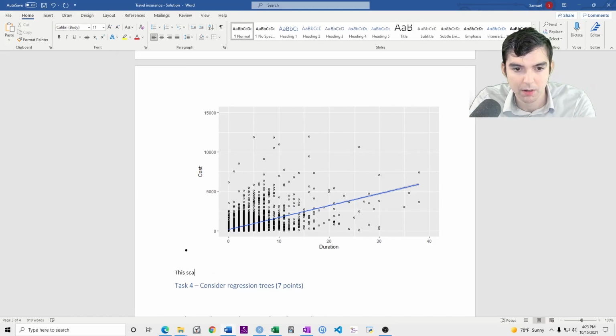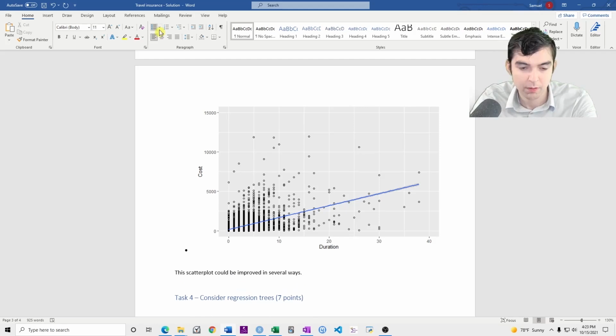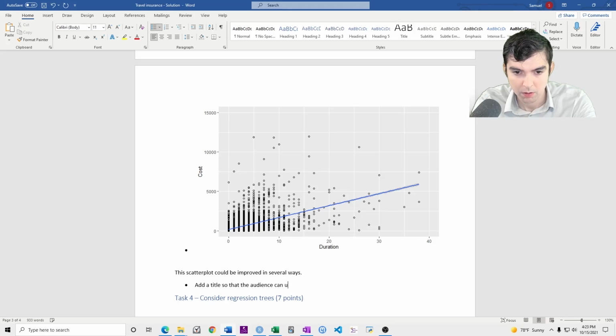This scatter plot could be improved in several ways. First of all, there's no title. So improve this graph by adding a title so that the audience can understand the purpose of the graph.